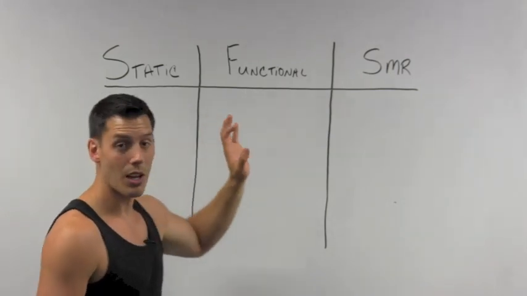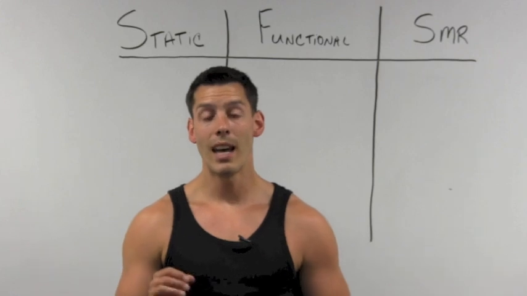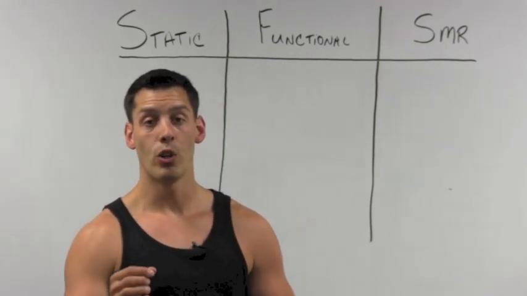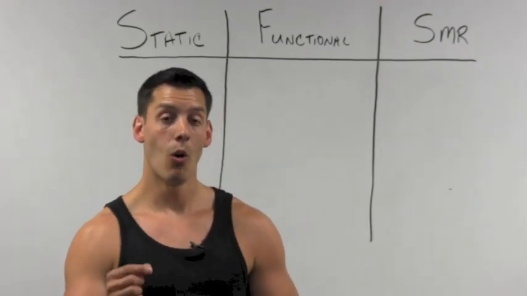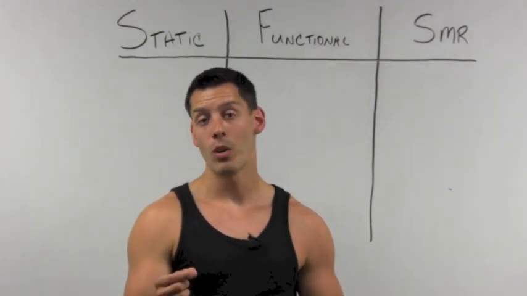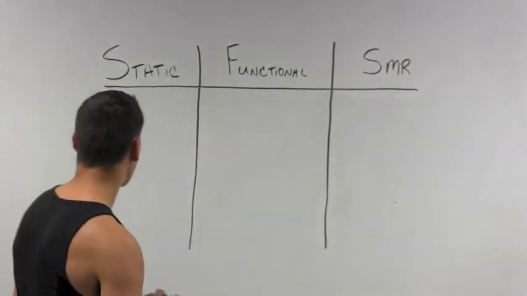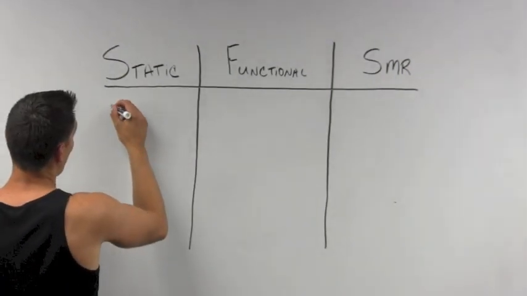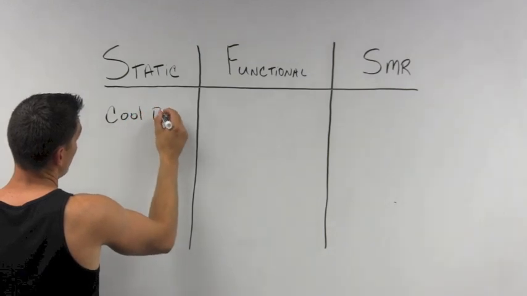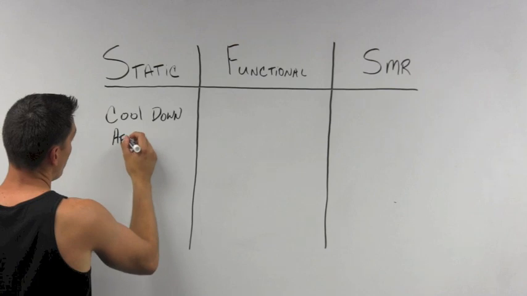And static, let's talk about that one first. This is the one that most people have problems with the most, and here's why. A static stretch is really designed to cool down a muscle or to correct an issue if there is one that's there, and you know exactly which muscles cause a problem to use static stretching on. Static stretching, let's write this down, is actually designed for cool down, or if you want to put this down, after workout,